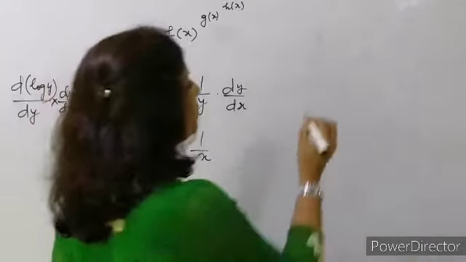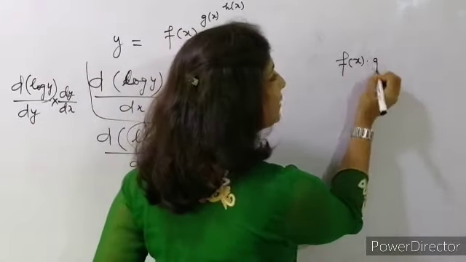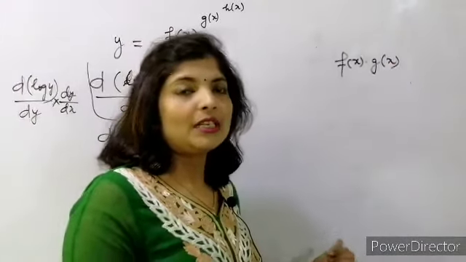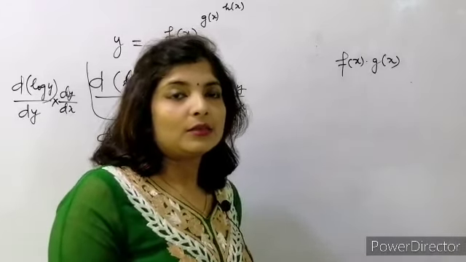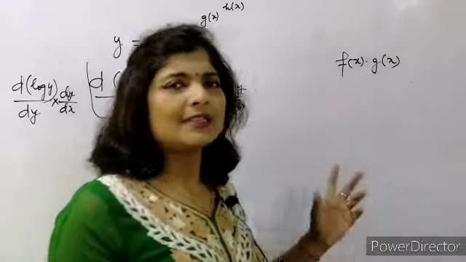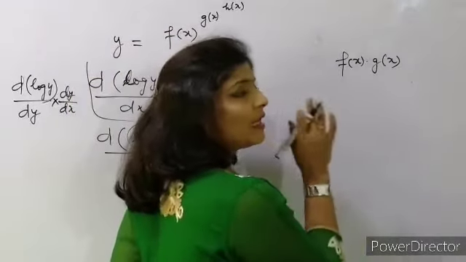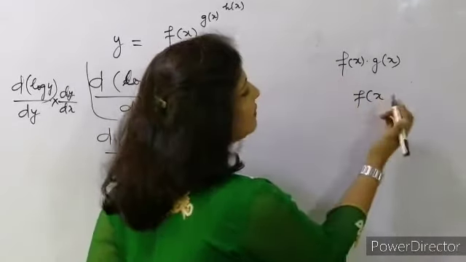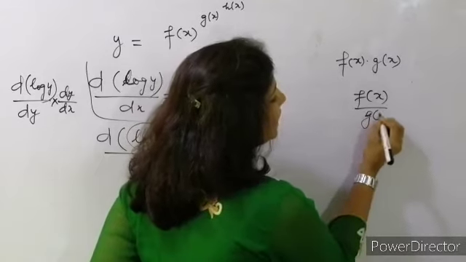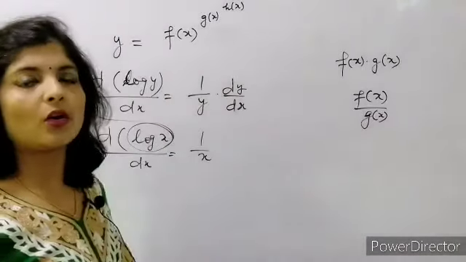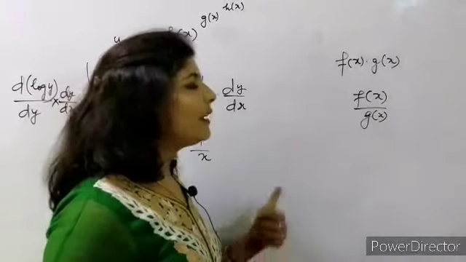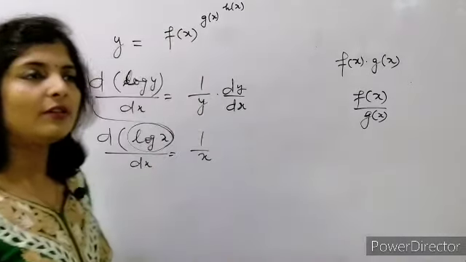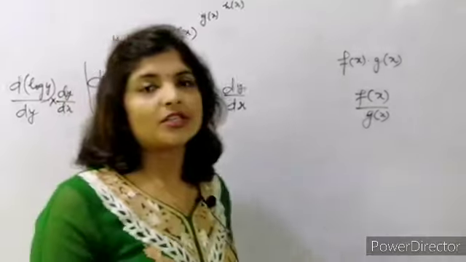Okay, so we use logarithmic functions for many things. Normally if we have to find f(x) multiplied by g(x), for this we take functions u and v, like y is equal to u upon v, and to find dy by dx we can do this, but it will be a bit complicated. But when we use log it will be very easy. f(x) divided by g(x), in that case also we can do this, but it will be a bit complicated. But when we apply log, it will be easy for us to find the derivative of any function with respect to x.